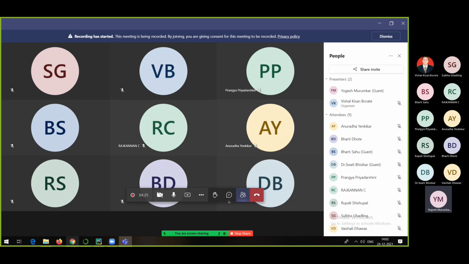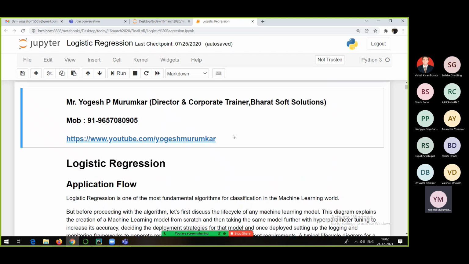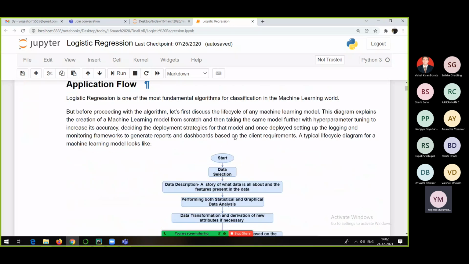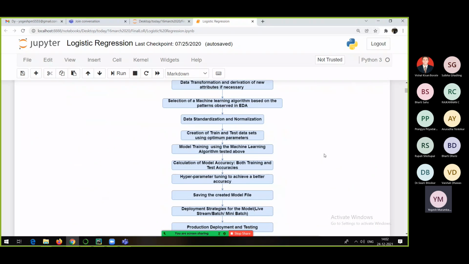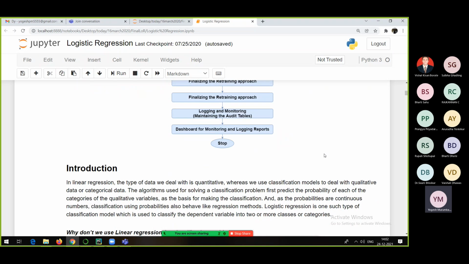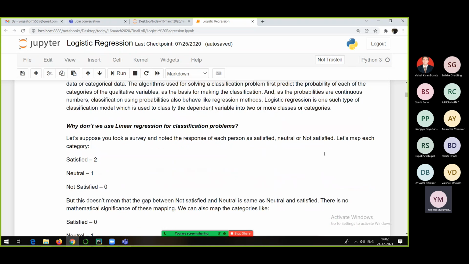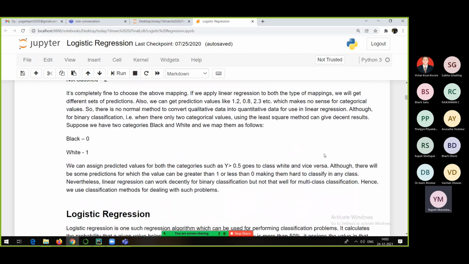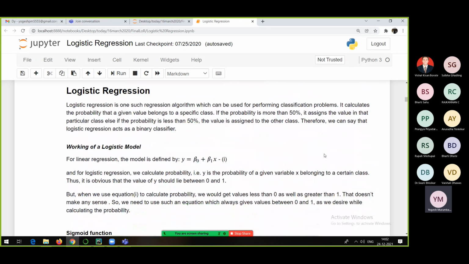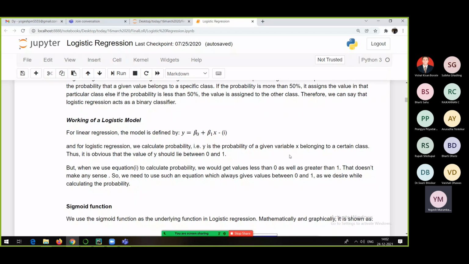Okay. So in the last session, we were talking about logistic regression, everyone, if you remember. I told you why logistic regression, or what type of problems logistic regression can solve. What is the equation of logistic regression? These things we discussed. Some mathematical equations of logistic regression we have seen. Then the reasons why a particular equation is used, like the sigmoid function we use for logistic regression. What is the reason behind that? That point we talked about.